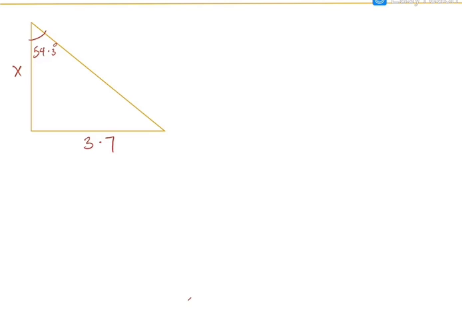And you might be asked to find all sides or just find x. In this question, we're going to find all sides because it's going to incorporate both. You can use SOH CAH TOA to find all sides of this question. Because again, like I said earlier, you can only use the Pythagorean theorem if you have two sides of your triangle. In this case, we only have one side, which is our opposite side, by the way,